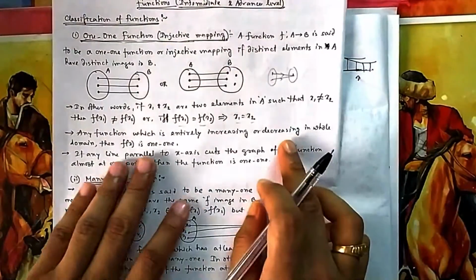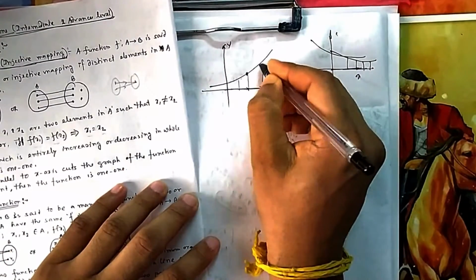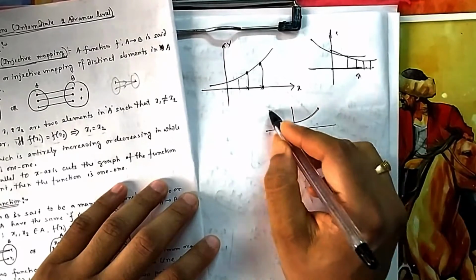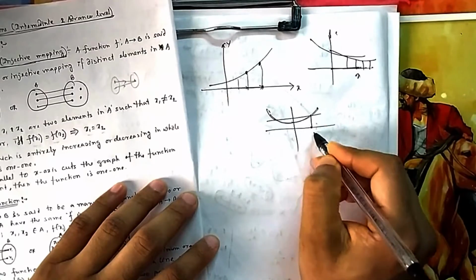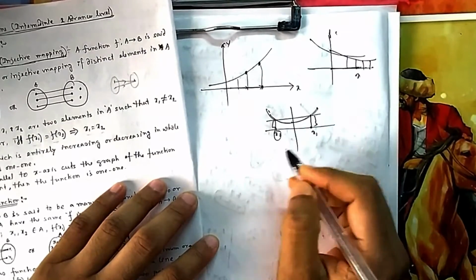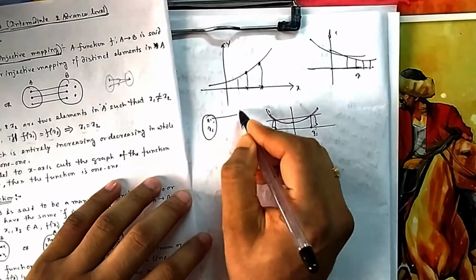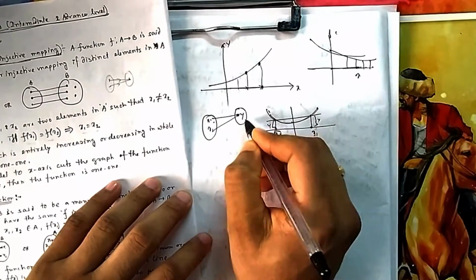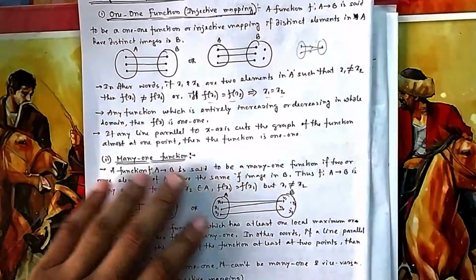They are one-one. Why are they one-one? For each x you will have only one y. But if you have a function of this fashion, where here it is increasing and here it is decreasing, then for this x you are getting this height, and you will get the same height for a different x also. So two different x, x1 and x2, are linked with one output, that is y. Suppose this length is y. So this is not one-one. That's what is being told here.